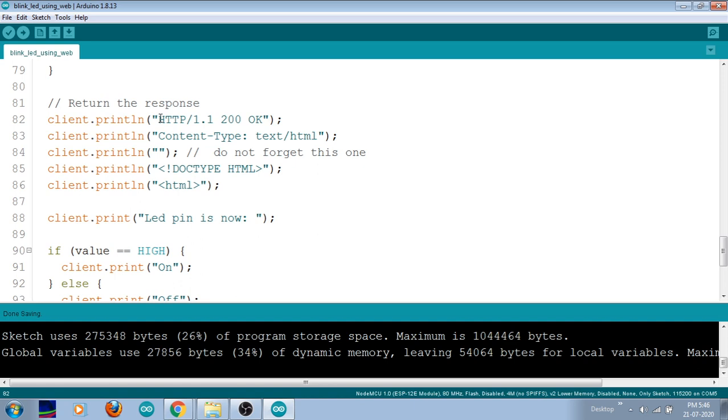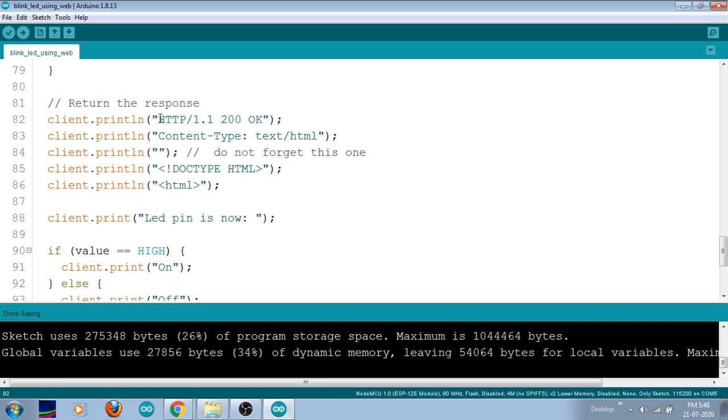Now in the web server I'm closing the bracket, and I'm giving a reference line for my button. Okay, I'm just creating a small button, and the reference for my button is LED on. So it will be /LED on, and this is the button closing. So the status is turn on. Okay, the status is turn on, and I'm closing that button.